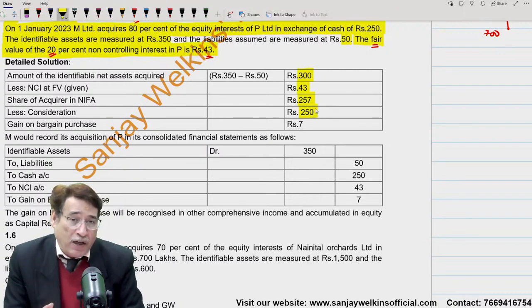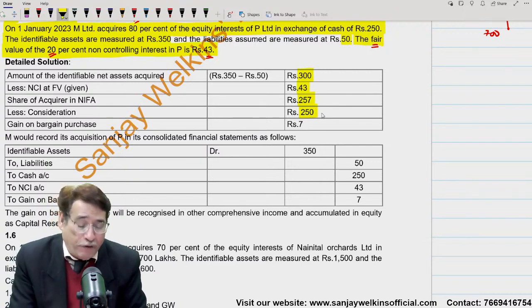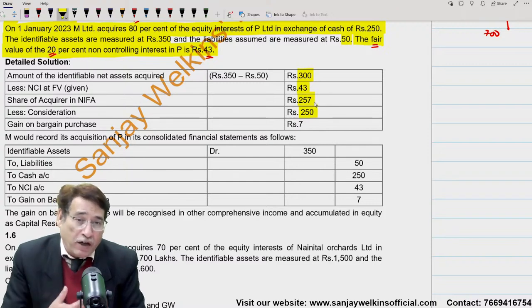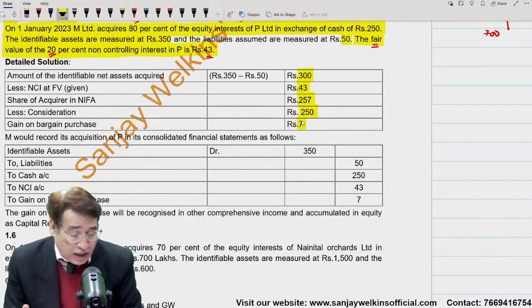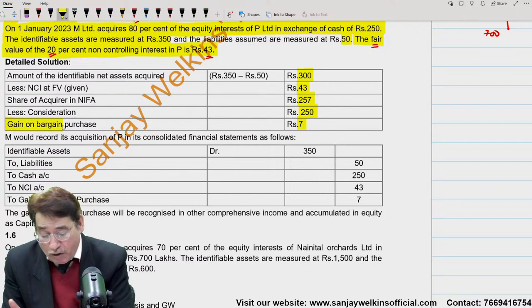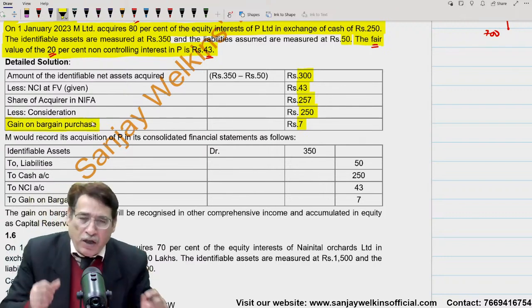In this case, we come across that the consideration amount is 250, while the net assets which we are getting are equal to 257. So it is a gain to us. It is known as gain on bargain purchase. And just for your knowledge sake,